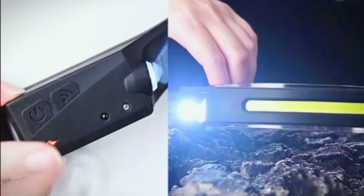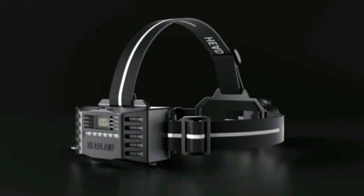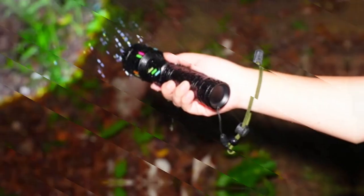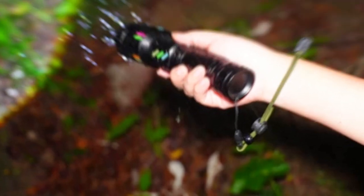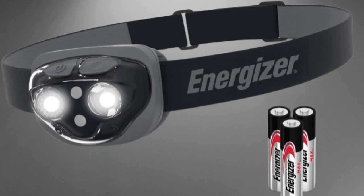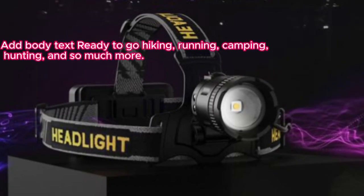Overall, the Energizer LED Headlamp Pro360 is a top-quality product from a trusted brand, Energizer, known for its reliable and long-lasting battery solutions. Whether you're an outdoor enthusiast, DIY enthusiast, or simply need a dependable light source for